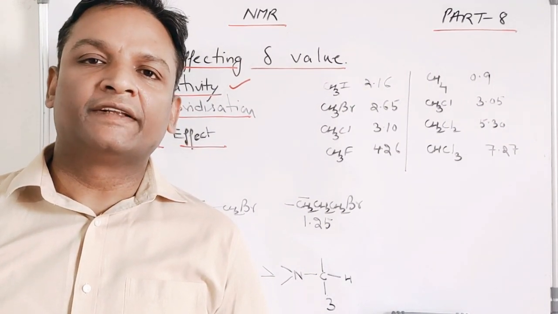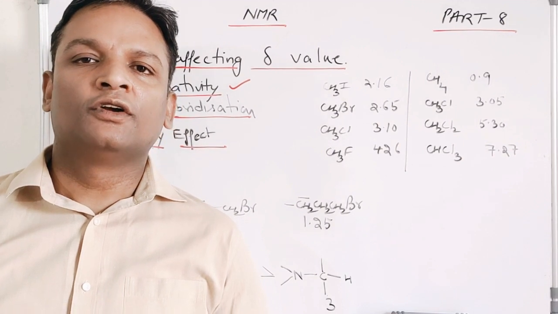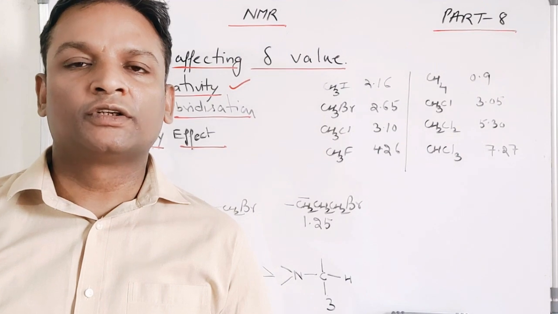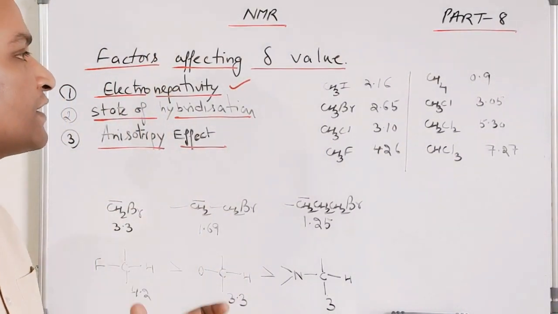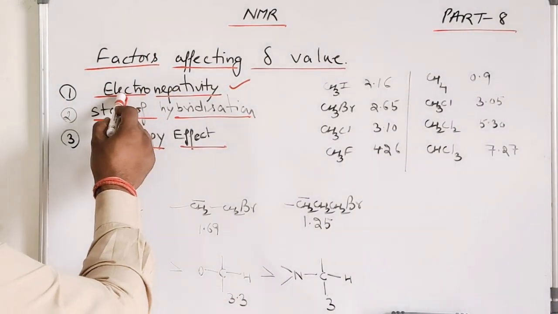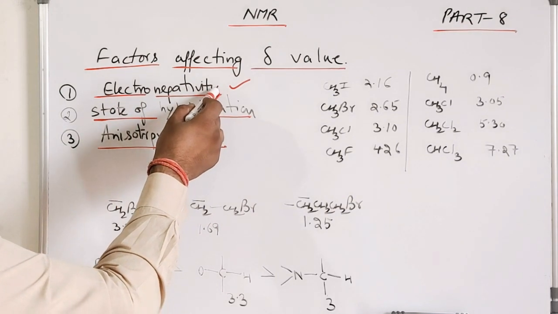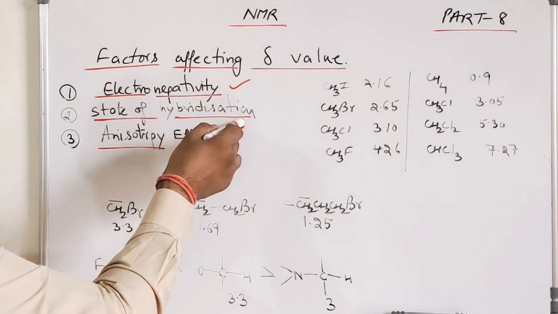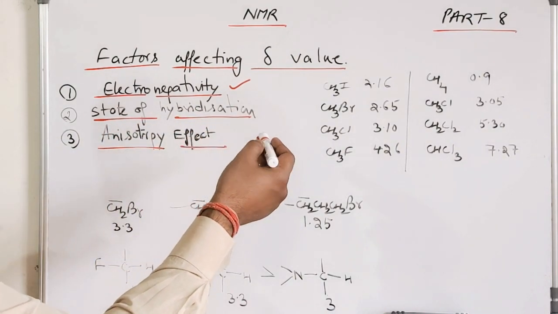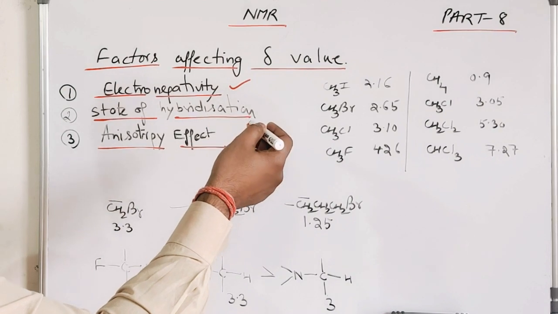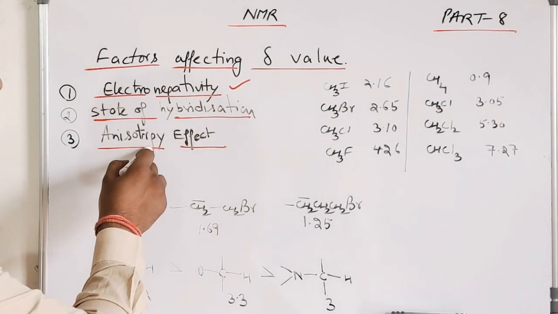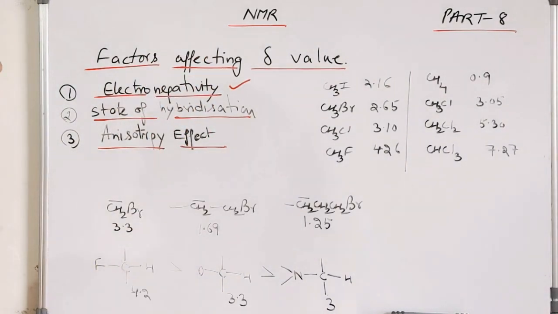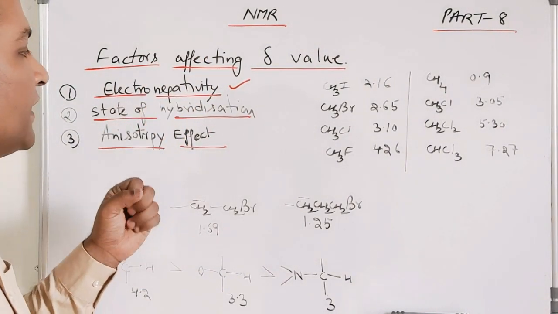In this video we will discuss the factors which are responsible for changing the delta value of different protons. There are three main factors which can affect the delta value. First factor is the electronegativity of the element through which the proton or carbon is attached. Second factor is the state of hybridization, whether it is sp3, sp2, or sp. And third is the effect which is known as the anisotropic effect. I will discuss these three effects one by one. But before that, I will start with my first